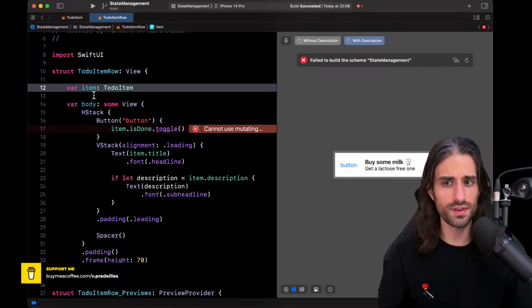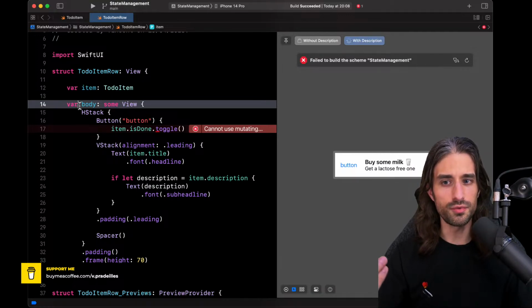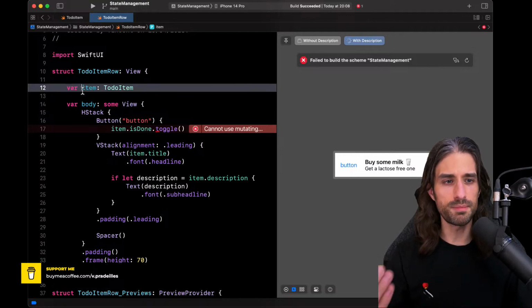So how can we solve this issue? That's when the property wrappers introduced by SwiftUI come into play. What we want to say, the meaning we want to share with SwiftUI, is that when the item changes, the view needs to be redrawn. To say it differently, the body of our view depends on the item and needs to be updated as the item is updated.